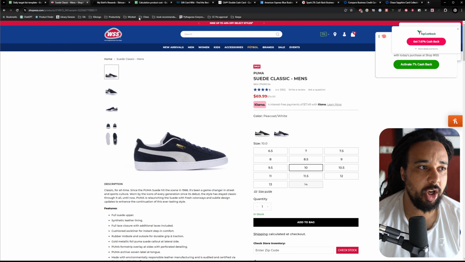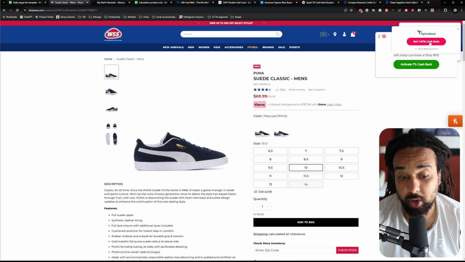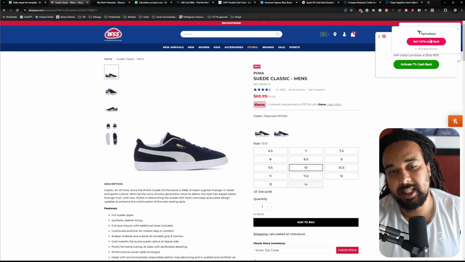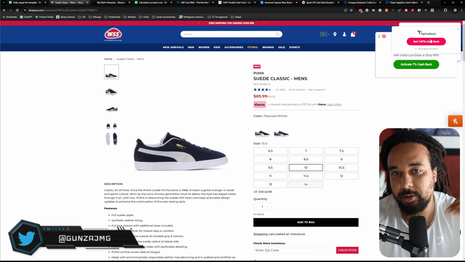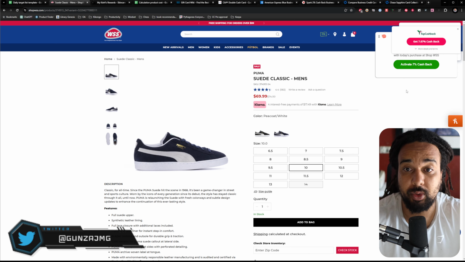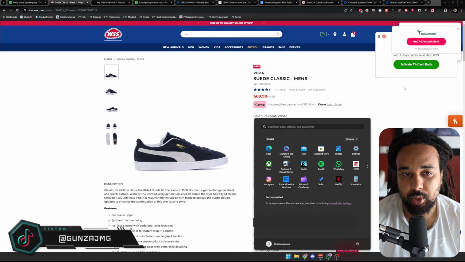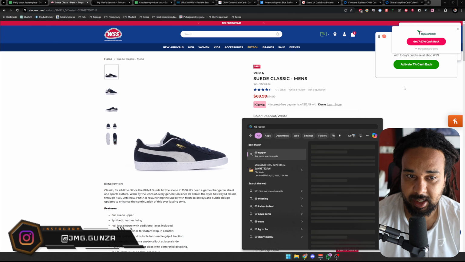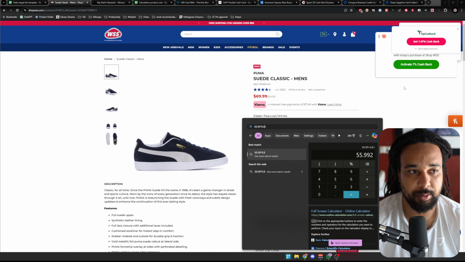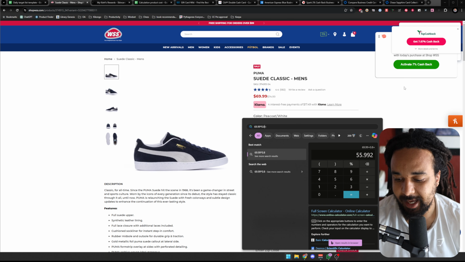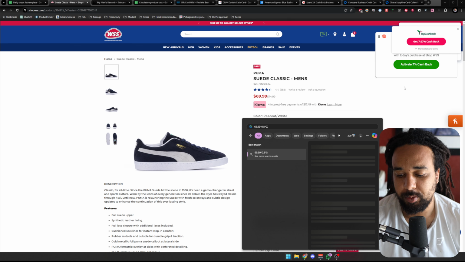If you go back to shopwss.com, we can see that we can have 7.07% cashback on top of whatever we are going to purchase. All right, so if we were spending $69.99 times 0.8, because it was 20%, and then we are going to get 7% cash back on top of it,